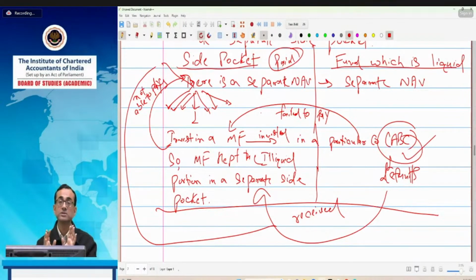But if the investor wants to get out of the funds, he can get out and get whatever amount he has invested. In this case, generally the mutual fund manager charges a certain exit load. So there are two points of view. One can get out of the funds, take his money by paying some exit charges, or one can remain in the side pocket and be patient until the amount is received from the defaulted companies and paid by the mutual fund. So this is the purpose of side pocketing.